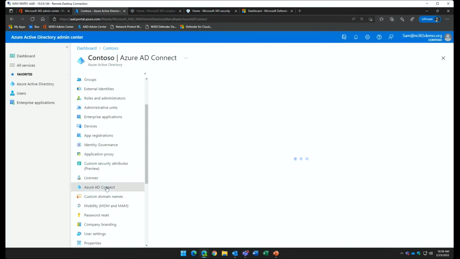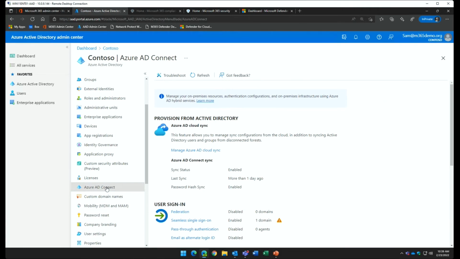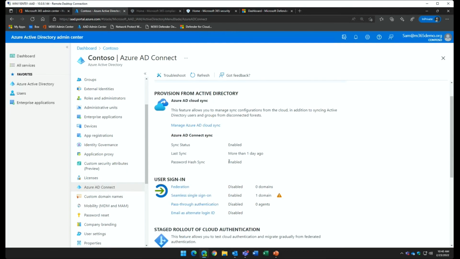But if you're still managing federated identity and ADFS servers and on-prem technology, the recommendation and the way forward is really using password hash sync. And so a couple items to help you make that journey if you haven't already is we're under Azure AD Connect.